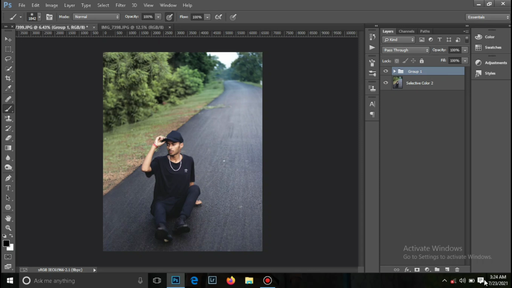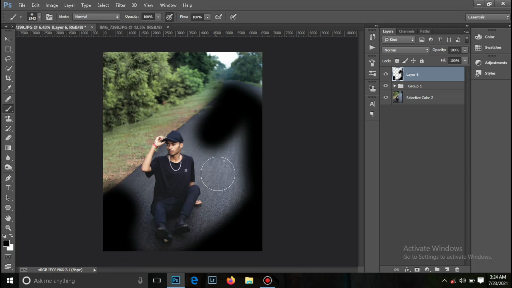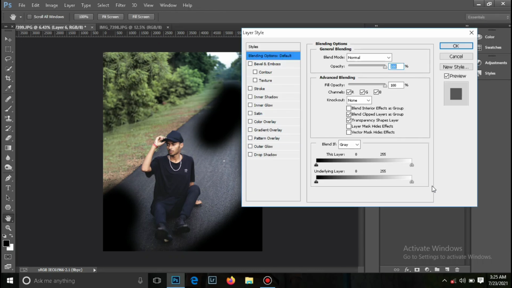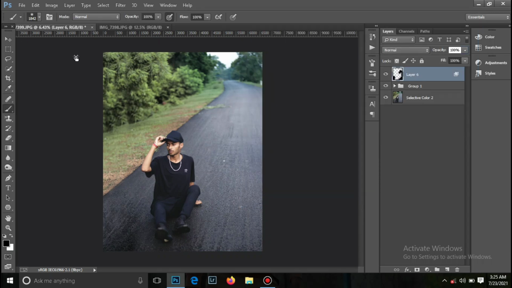You can also make the road look darker. Make a new layer, just take the black color and paint on it like this, like this. Avoid painting on white areas, like the ones which we used before. So just go to blend if and take the slider from white to black, like this and just like that. Okay, done. Click on OK and you can change the opacity like this.